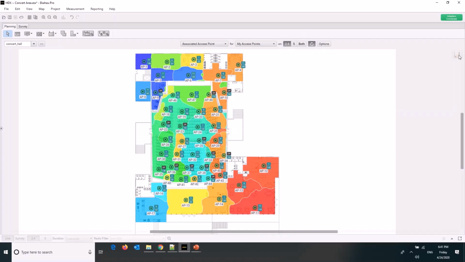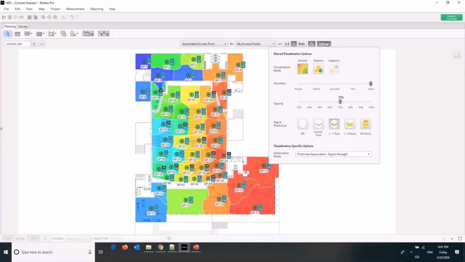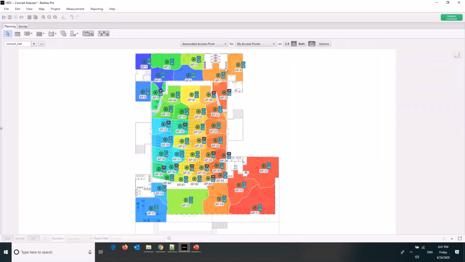We don't have statistical views for this one, but the same case goes for 5 gigahertz. No, we didn't perform a site survey, so we will stick with the predicted association. And that's it about this visualization. Next,